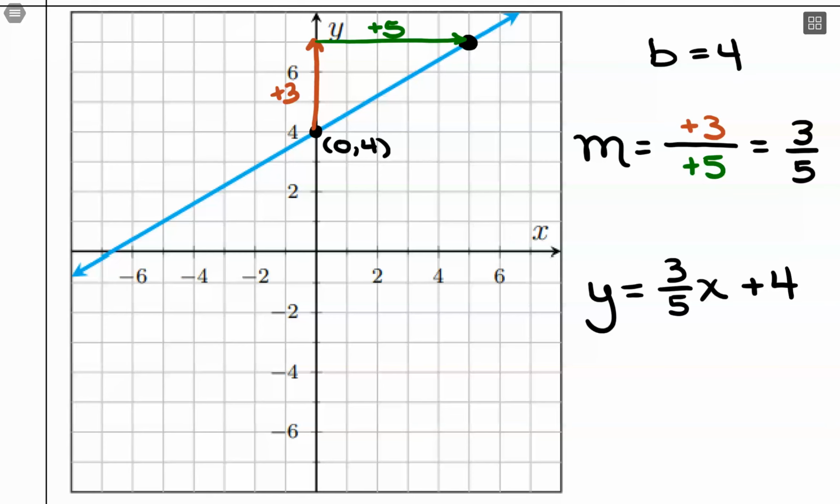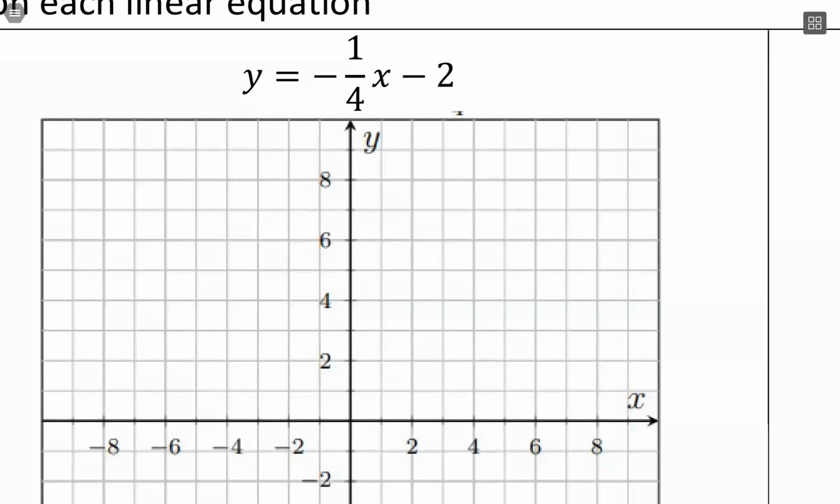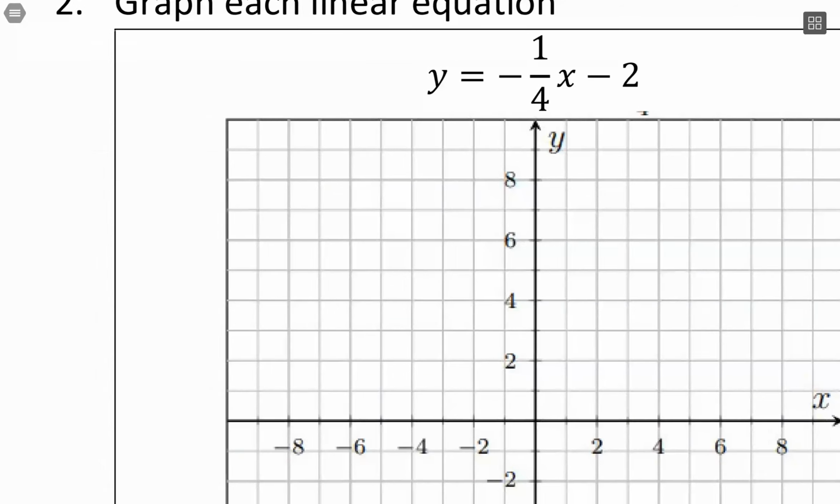So given a line that's graphed, find that y-intercept, then use a second coordinate to map out the slope, and then you can put those two pieces together to make the equation of the line. All right, so now what if we're given the equation of the line and want to create the graph? So it's kind of the same process. I usually start with our